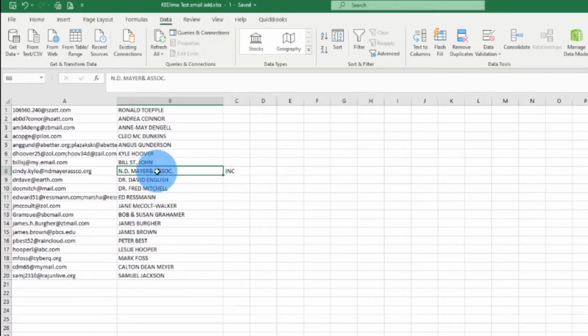So right now this email address is being sent to this company. And again, to personalize your email, you can't really send it to a company name. You really need to send it to a person. And so right off the bat, we know the email address has the person's name in it. So what we're going to do is delete the company name, and then I'm just going to type in Cindy Kyle. Now, if her name was like C. Kyle at ND Mayer Associate,